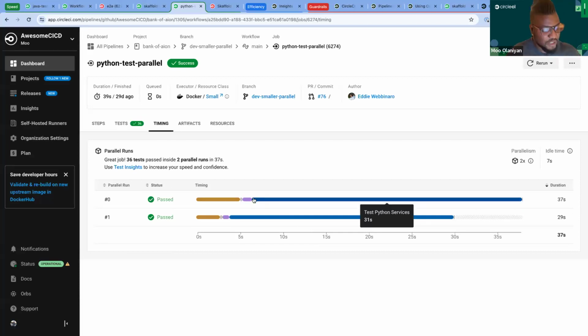exactly the same execution environments, right? The only difference is that half of the tests will run in one, and half of the tests will run in the other. It may even be a 60-30 split. What CircleCI can do is take the timings of those tests and optimize them so that both of these parallel runs finish at around the same time. If these were all running in sequence, this would take a little over a minute to run. Now that they're running in parallel, we've brought it down to about 37 seconds. And obviously, the more tests you have, the better this scales and the more efficient it's going to be with your time.